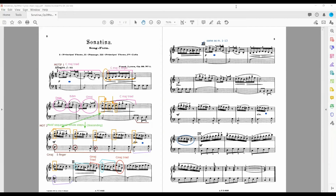Still follows that idea of that second motif, now targeting the D, starting on the D. Stepwise motion ascending to give that rising feeling to prepare us, prepare the ear. Oh, something's happening here. Okay,